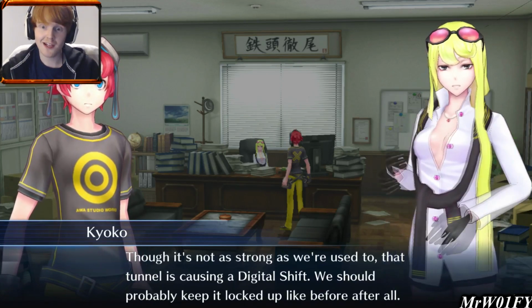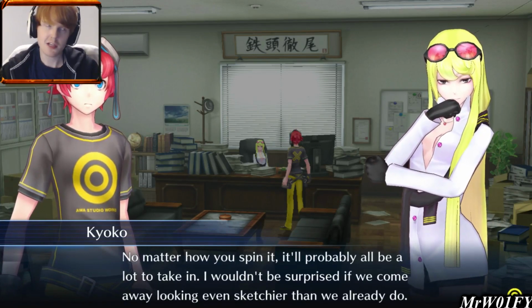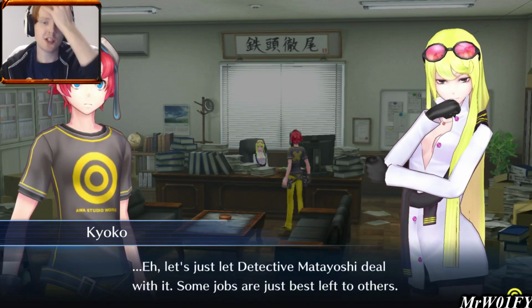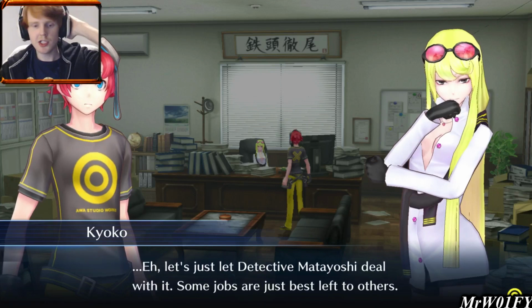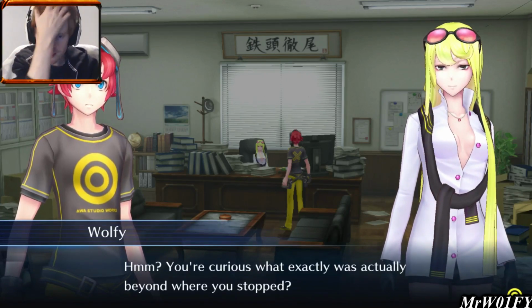We didn't get to fight any Digimon, so that was a bit strange. Though we do know we will be back there at some point because of the chest we saw. So, anyways, let's just let Detective Matayoshi deal with it. Some jobs are just best left to others. So apparently we're just going to give up the... Just when things were getting somewhat exciting, we're going to pass it on, which is kind of BS